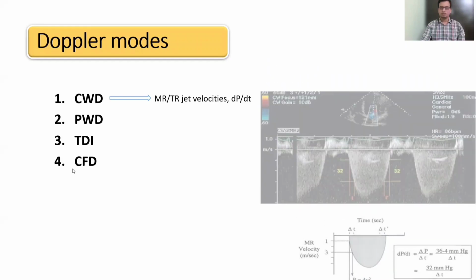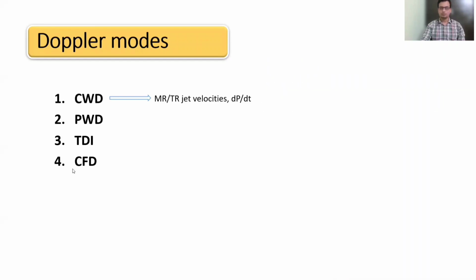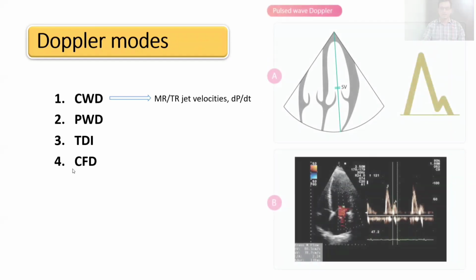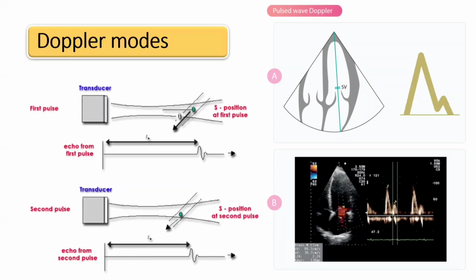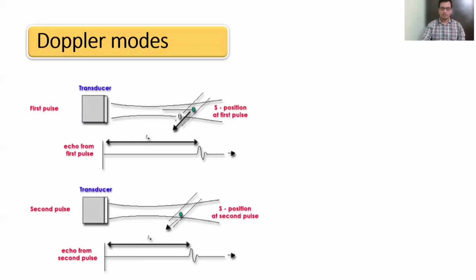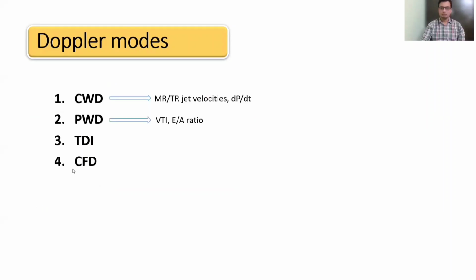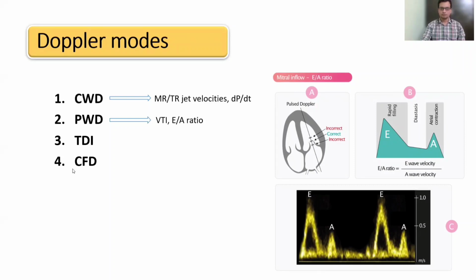The pulse wave Doppler sends short pulses of ultrasound and analyzes reflected sound waves between the pulses. By sending short and quick pulses of sound, it becomes possible to accurately measure the velocity of blood in a precise location and in real time. It is used to estimate the volume time integral and E by A ratio to assess the diastolic function in